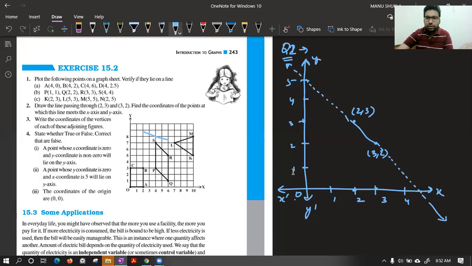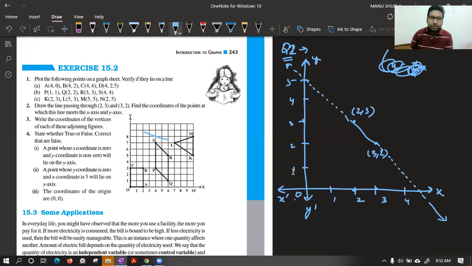Because there is a concept with me of making a line. By that I can tell you, but you have not learned that. So just for me, I am doing that. We will get the equation y = ... (3 - 2)/(3 - 2)... x. Okay. Okay, class, tell me at which point it will cut. Anyone who got the answer?